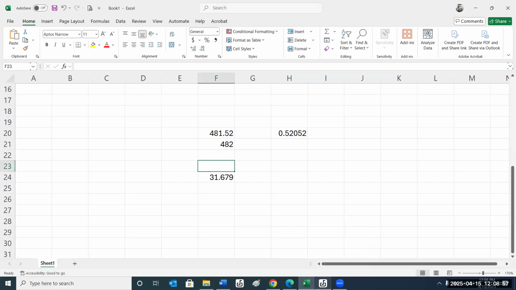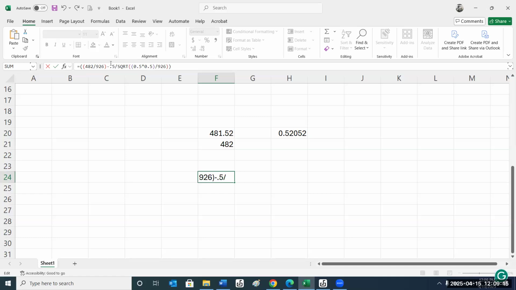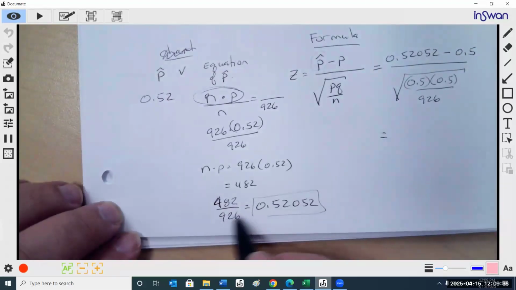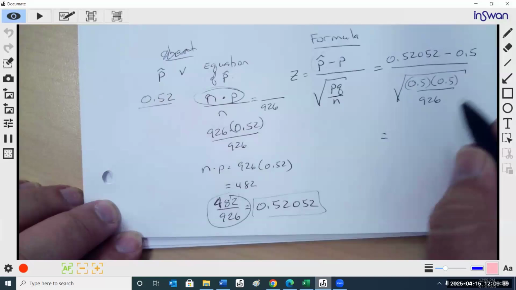That's why I don't like students looking at that when I'm doing this, because you're going to be doing two different things. Minus 0.5. Using this formula with this value, instead of just straight up 0.52, we get